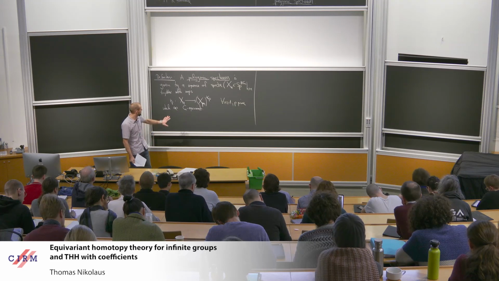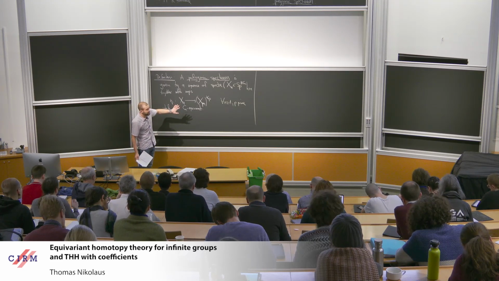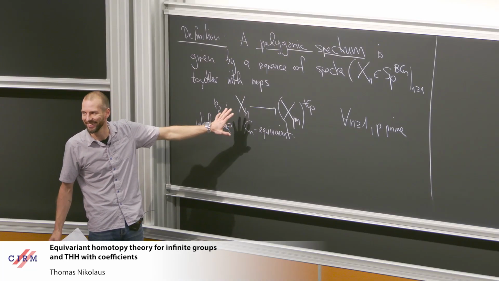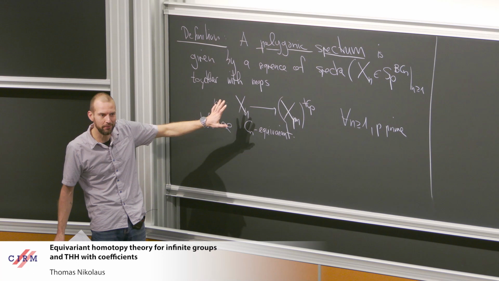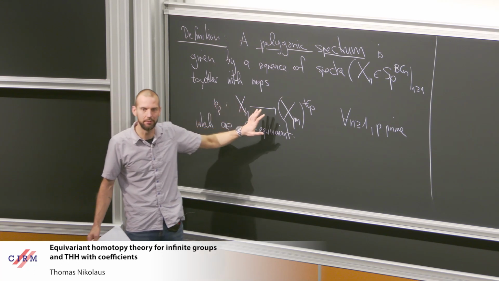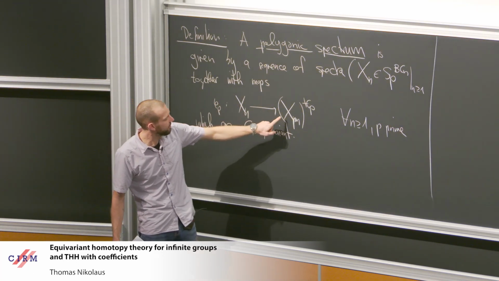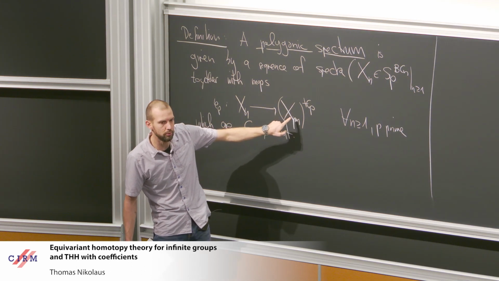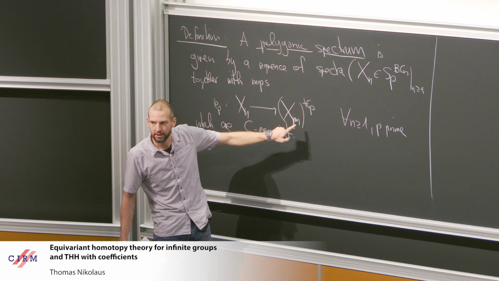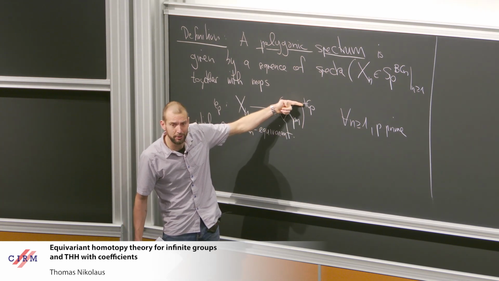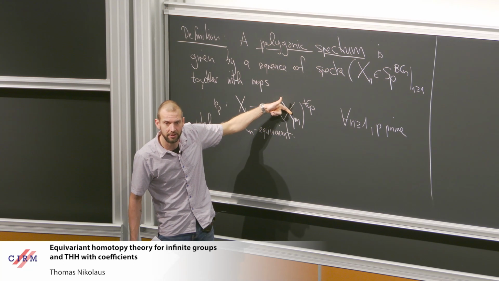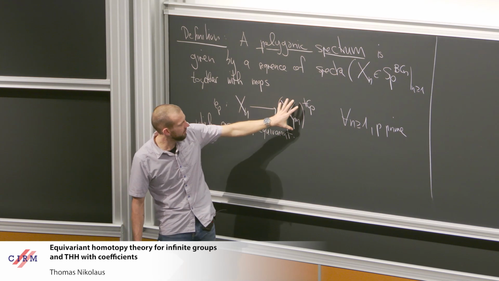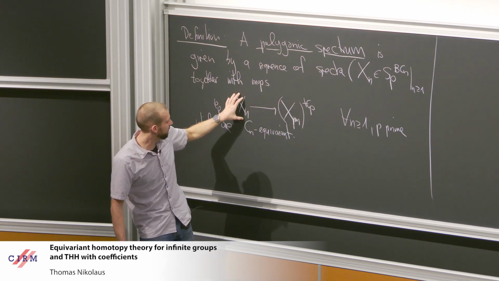And let me say one word. I mean, first of all, of course, I have not said any word about the Tate construction, so I'm not going to. That was kind of my implicit plan. I hope everyone has seen the Tate construction or an idea what it is. This guy, X_{pn}, by definition has an action of the cyclic group with p times n elements. So if I take Tate with respect to C_p, I have a residual C_n action, right? Because C_{pn} mod C_p is C_n, and that's how I make this a C_n spectrum. And so this map is supposed to be